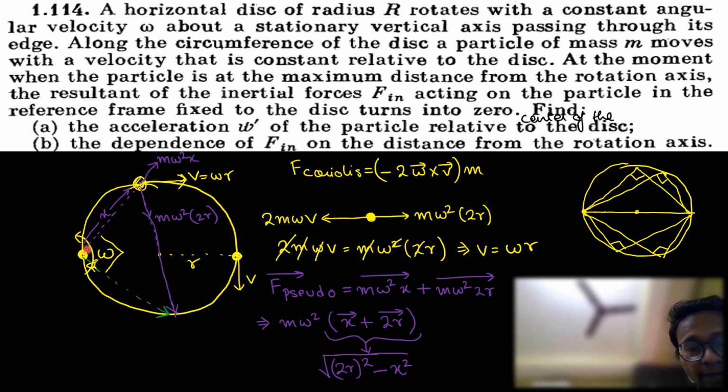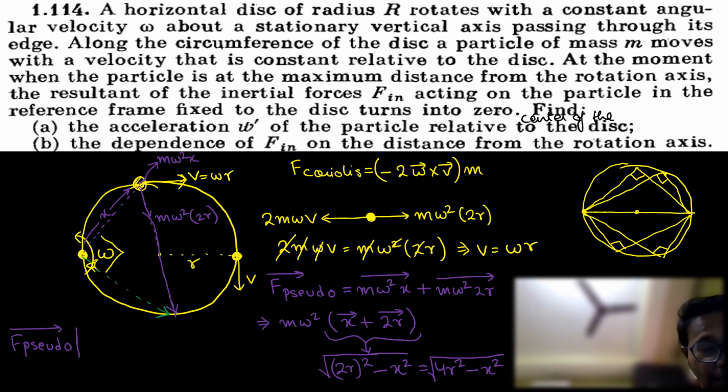This vector is nothing but the resultant of this vector and this vector by triangle law of addition, which is nothing but the square root of 4r square minus x square. This is the magnitude. So the total pseudo force, or total inertial force as seen by the outside frame of reference,